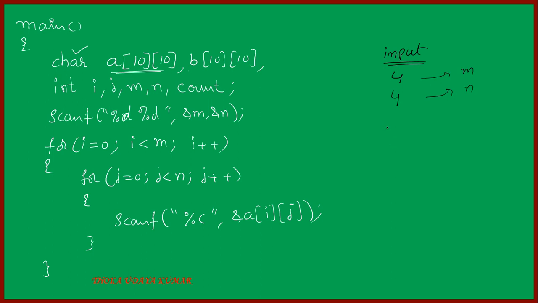Okay, now a 4 by 4 grid you have to enter. So the first character I am entering is star. So a of 0 will be star, minus, star, minus, let us say minus, star, minus. I am entering this. Okay, so this is the input I have given. Now what I want is I want values in this, and I will put all this in variable b. Okay, right. Now let us continue writing the code.